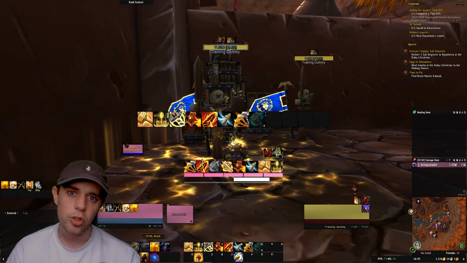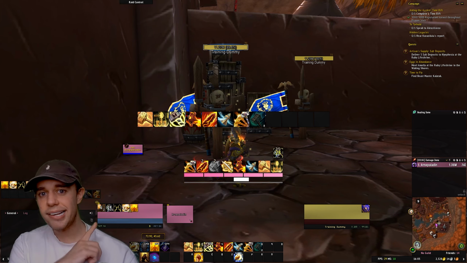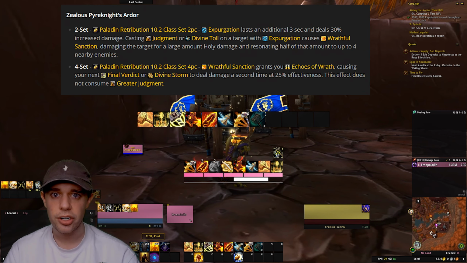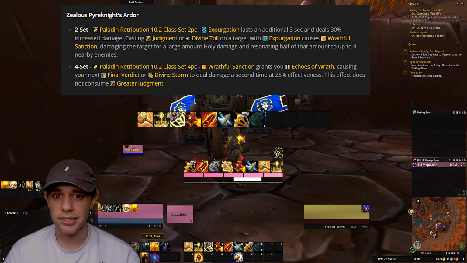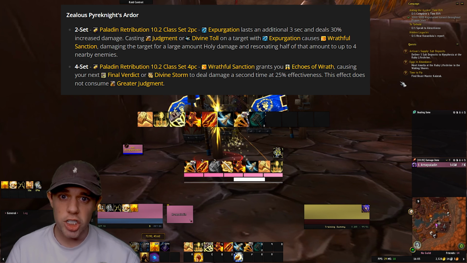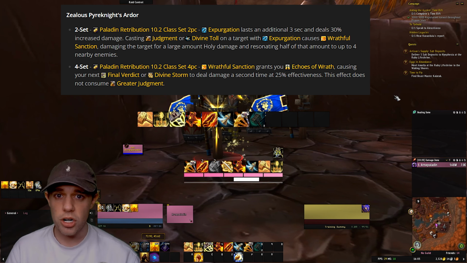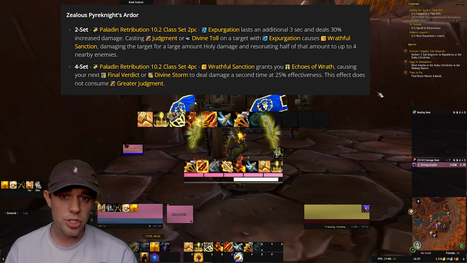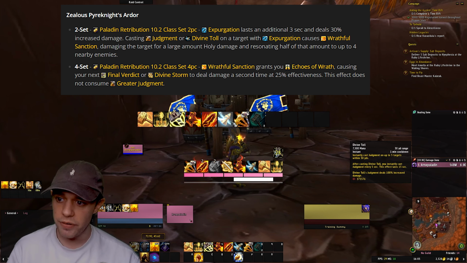And at this point I'd like to show you our set bonus this season. This is the set bonus here. The 2 set is going to make Expurgation last an additional 3 seconds and deal 30% increased damage. And then using Judgment or Divine Toll on a target with that buff is then going to give it another debuff, doing a ton of damage, and also to enemies in the area. Those 2 are Divine Toll and